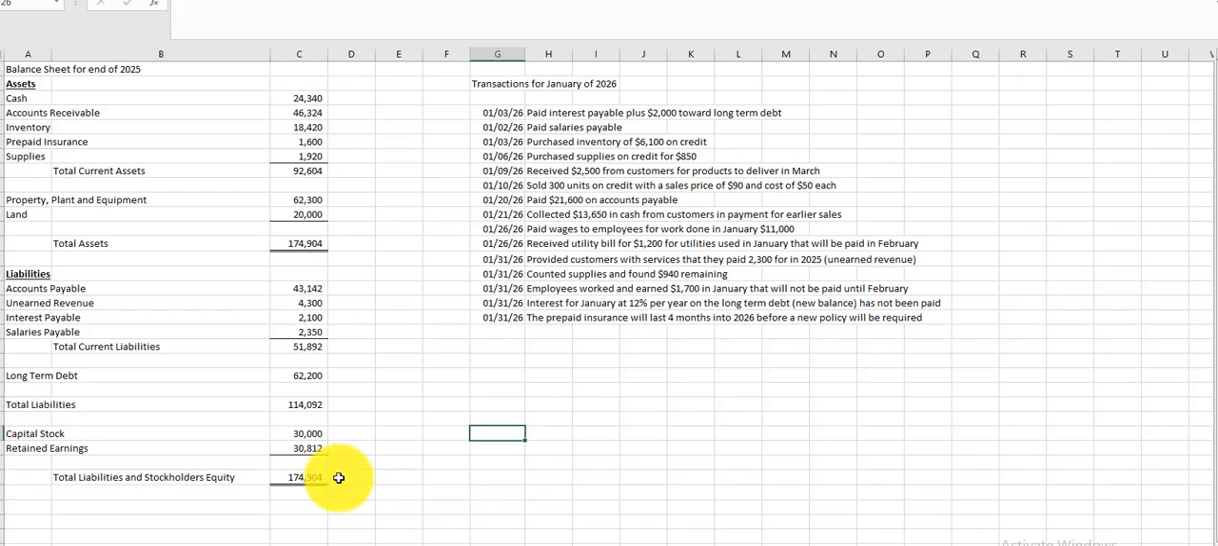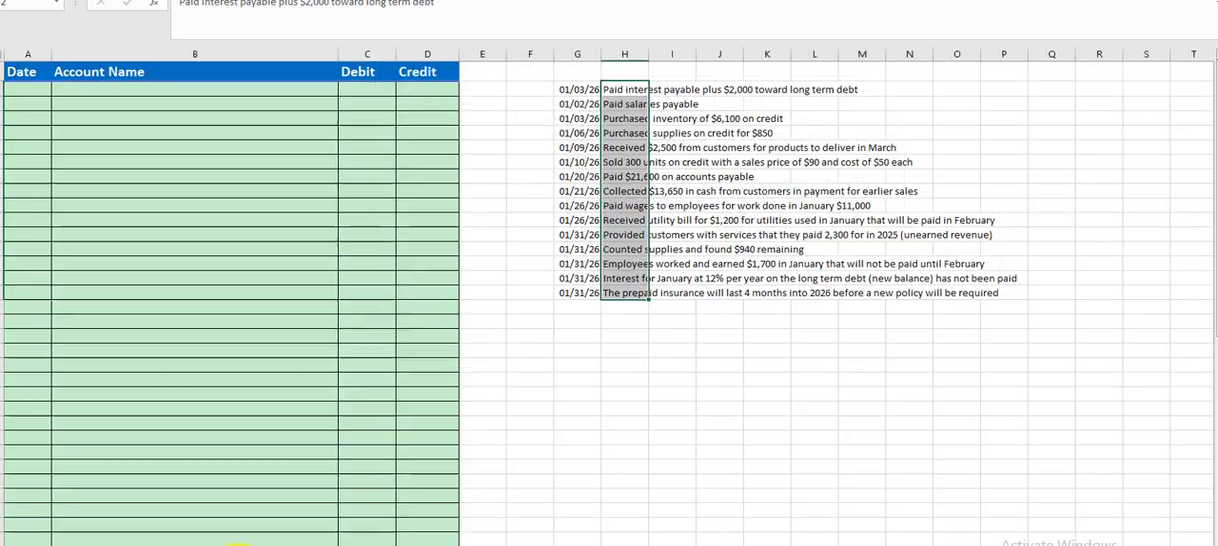2026. So what we want to do is make these transactions as journal entries, and then we're going to put them into the T accounts, post them, if you will, and then create a trial balance, and from that trial balance create financial statements. So skipping to the next step, I have a separate tab, and you don't have to